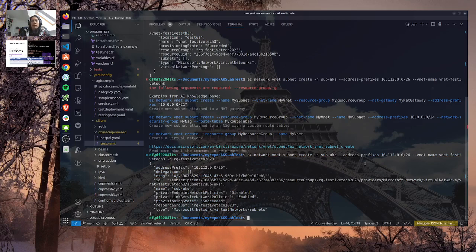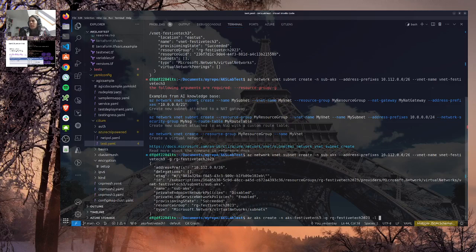Right, perfect. So now we need to create the cluster. Let's do that. Az aks create. Let's call it aks-festive-tech-3. Then we have a bunch of parameters that we want to specify.